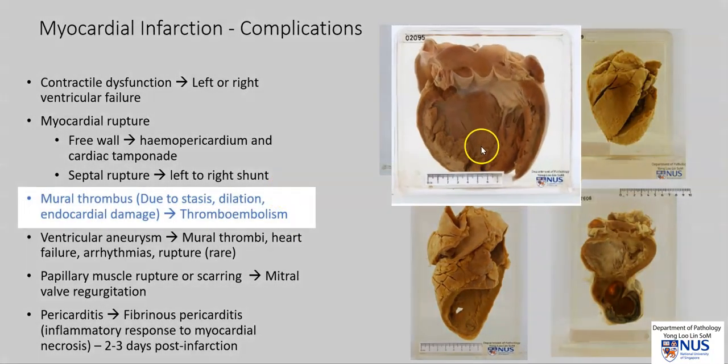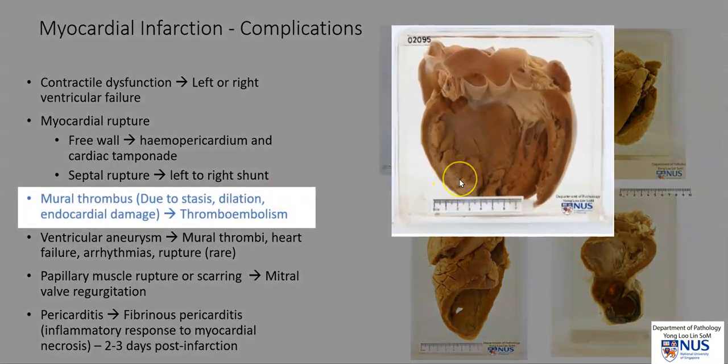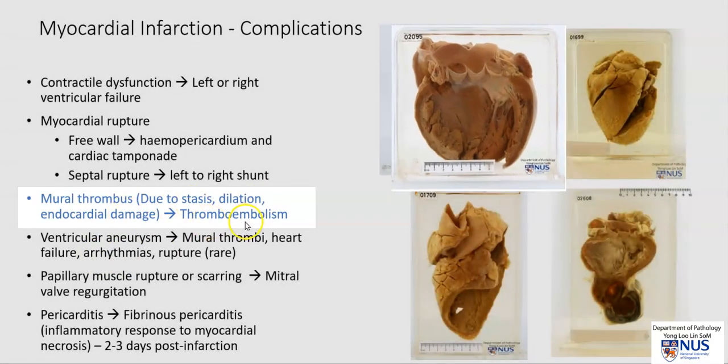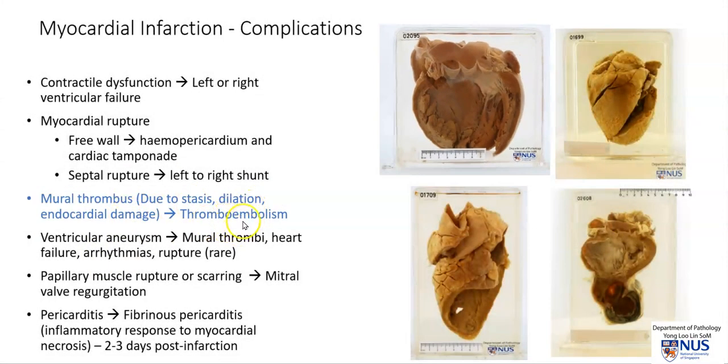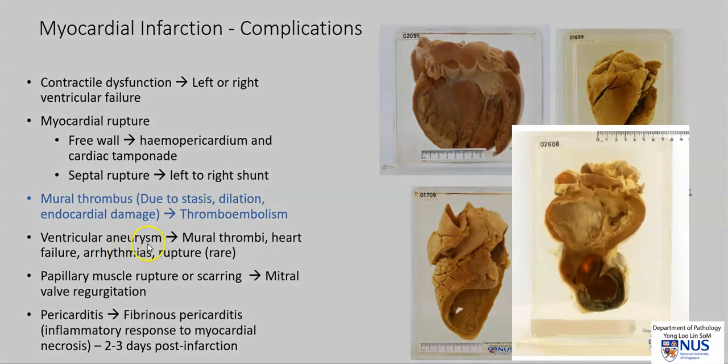And this case that we are looking at now is mural thrombus formation. This is due to stasis, sometimes dilatation of the left ventricle, and also endocardial damage. Therefore, all these factors predispose to thrombus formation. And of course, one of the most important and dangerous downstream effects is thromboembolism, and this will go to the systemic circulation. Ventricular aneurysm can also occur because of loss of viable muscle and therefore leading to weakening and outpouching